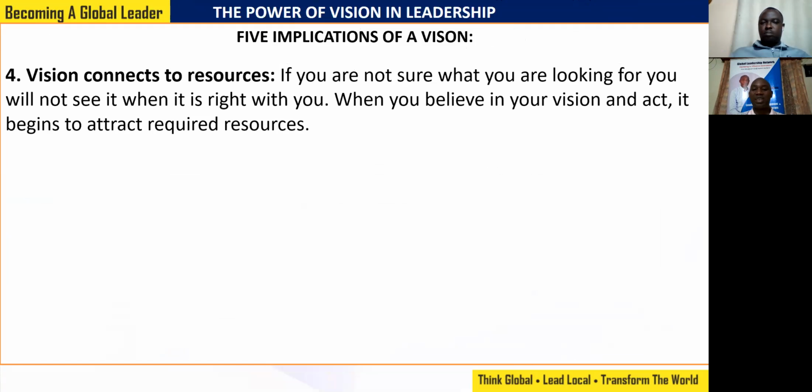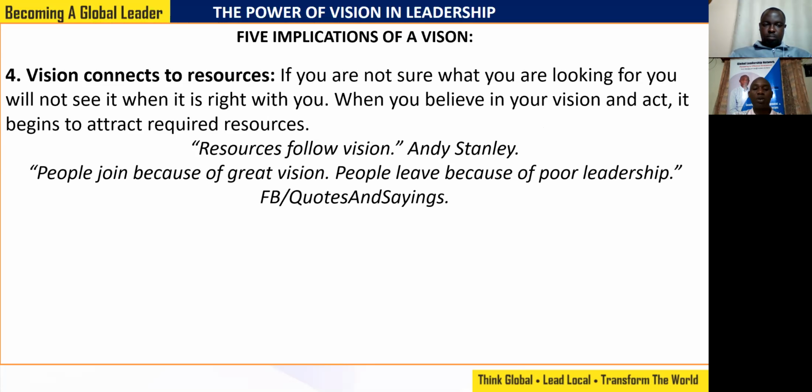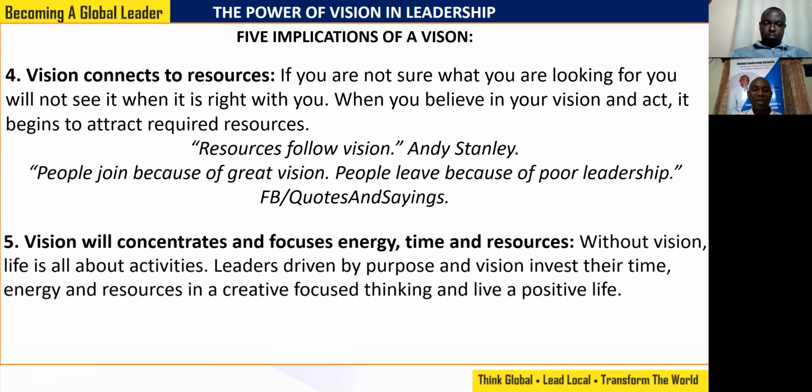Vision connects to resources. If you're not sure what you are looking for, you will not see it, even when it's right with you. When you believe in your vision and act, it begins to attract required resources. Very important aspect there, and it will help us not to limit the vision just to the current resources. Resources follow vision. That is what Andy Stanley said. People join because of a great vision. People leave because of poor leadership. Finally,